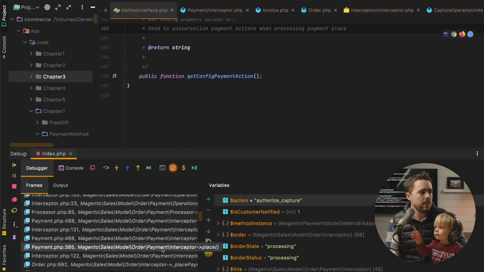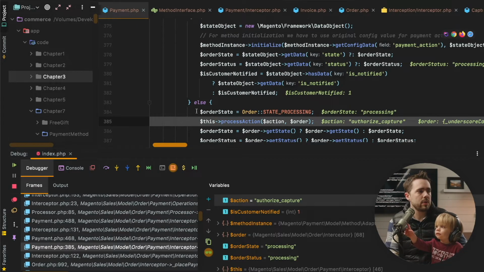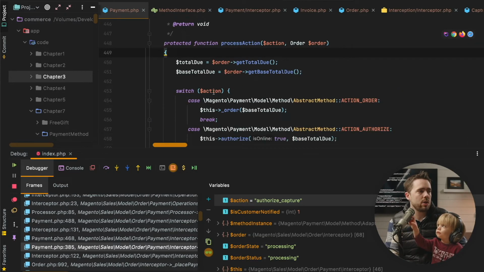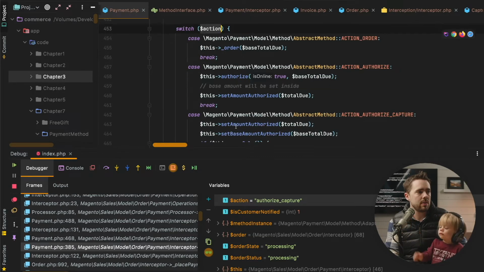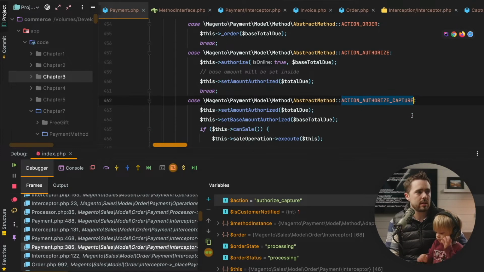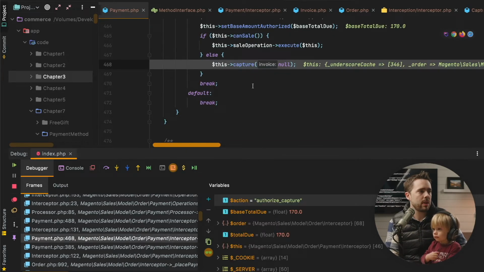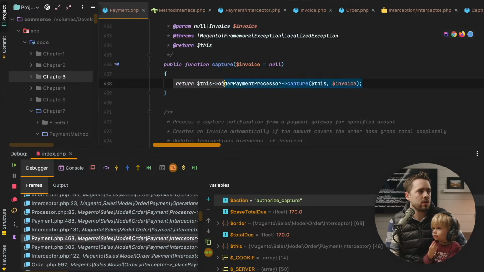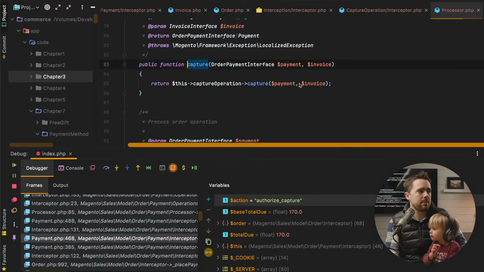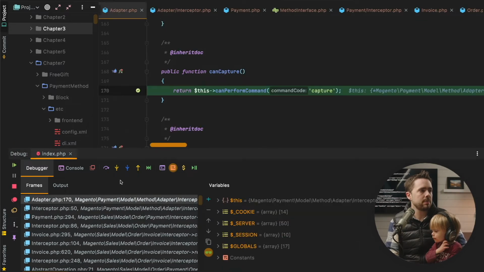Anyways, we'll keep going here. Then it comes down to our process action, where our action ultimately is authorize and capture. And it drops down into our capture method, which goes to payment processor capture, and then into capture operation, et cetera. So the big question is,